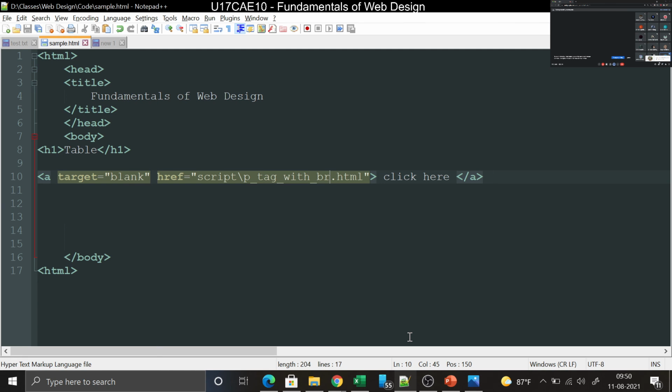Yes, sir. Target is to target a particular window. So target equal to blank, and this will be the link. Okay. So why I told this quickly was that, as a next exercise, what I want you to do is create the university website with the tags that have been taught to you. You previously wrote one assignment, right? So whatever tags you have written for general formatting and headings, use those tags alone. Don't use anything different.